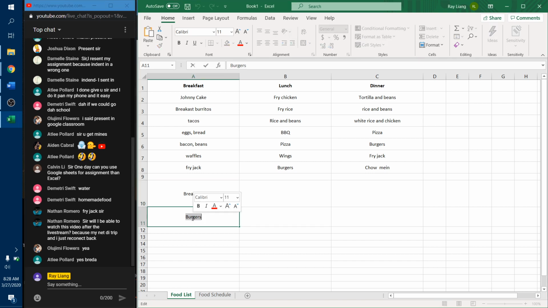So we don't want the user to accidentally be putting in stuff in cells that is not supposed to be there, right? So what we'll do is we'll delete this, and you're gonna go ahead and click on the data tab here,